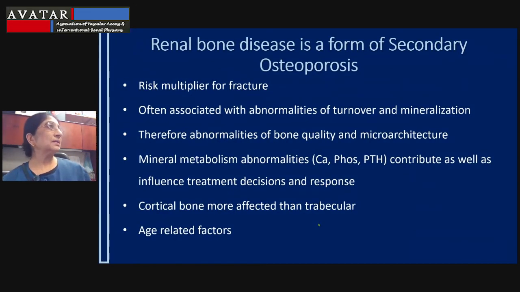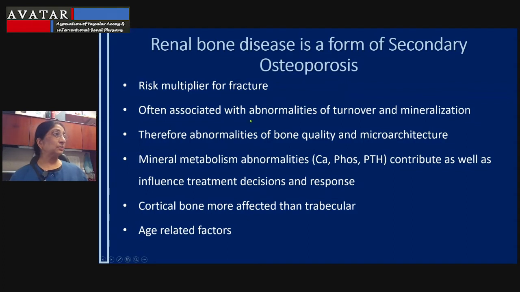So, how do we reconcile a low bone density in patients with chronic kidney disease, a high fracture risk, as well as the caveats where there may be a change in turnover and there may be a change in fracture risk despite normal bone density? We are able to reconcile this if we consider renal bone disease as a form of secondary osteoporosis, and if we remember that having a secondary cause such as CKD MBD is always a risk multiplier for fracture.